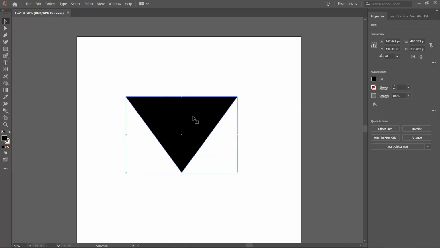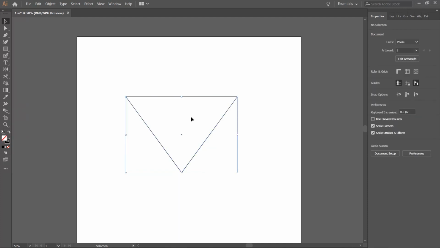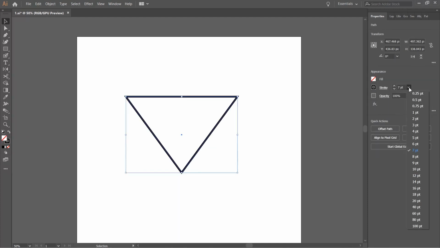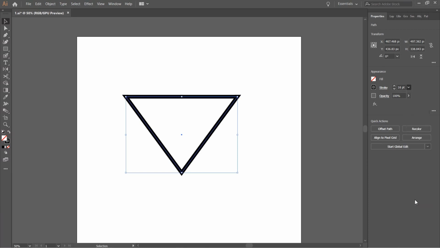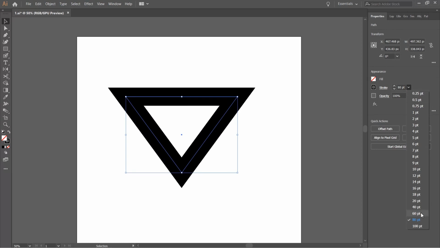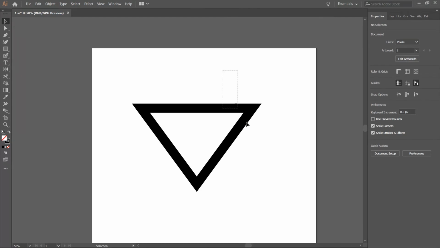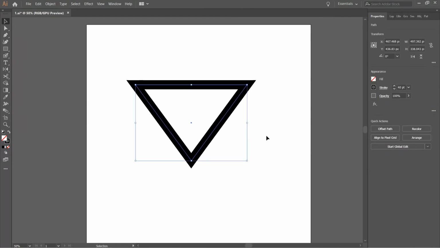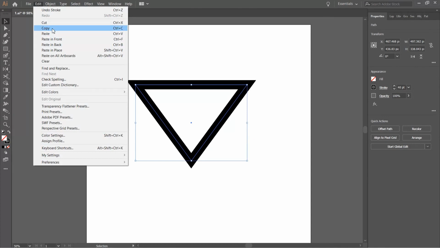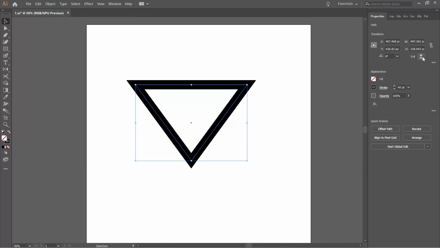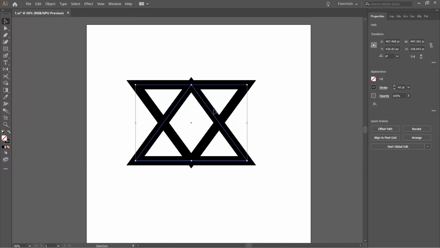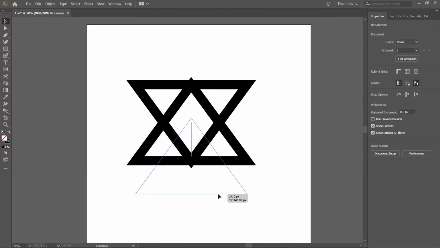So I just want it to have stroke color, not fill color. So let's switch it, and let's increase its size, let's increase it even more. It has been too much. I think 40 will be appropriate. Okay, select this one. Now what we have to do is just copy this, very simple, copy and paste in front. Then we have to reflect it. Okay, now take it down, so drag it down